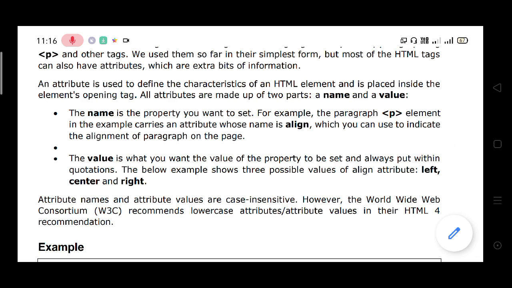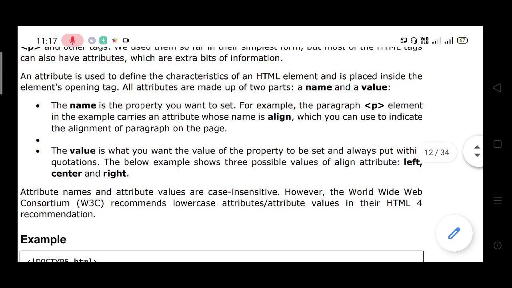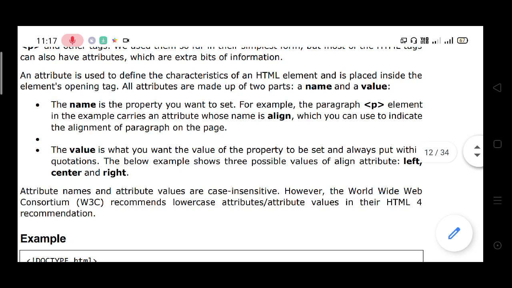All attributes are made up of two parts, the name part and the value part. The name part is the property you want to set.